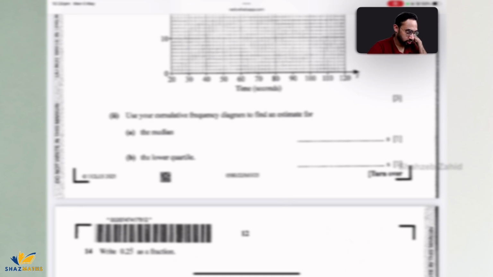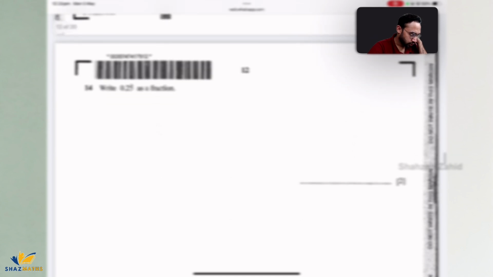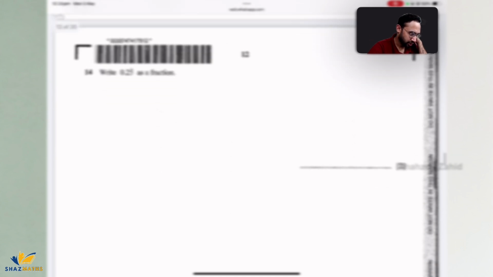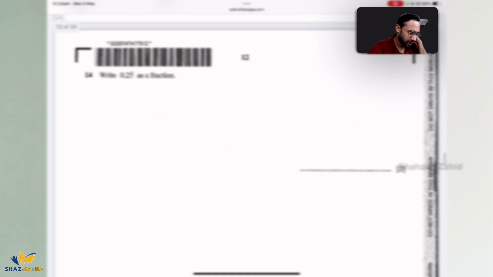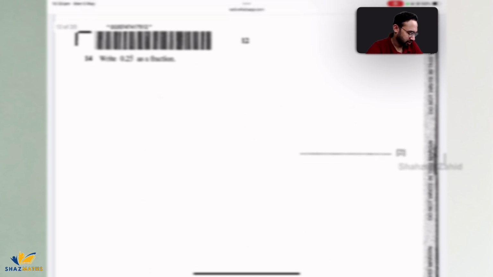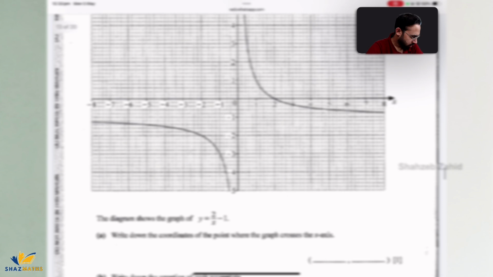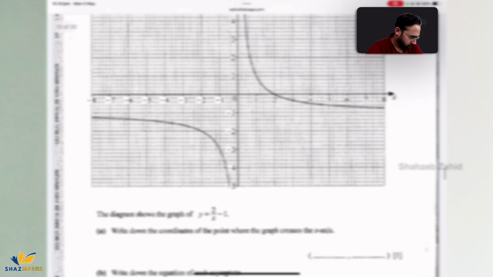have done quite well. Question 14, recurring decimal, slightly different to what he normally gives, but I'm pretty sure I've seen such questions in the older past papers. So yeah, straightforward. Nothing major so far. Okay, we've got